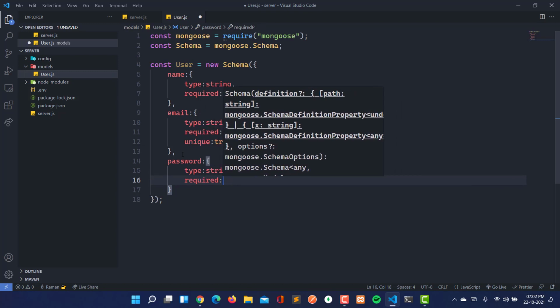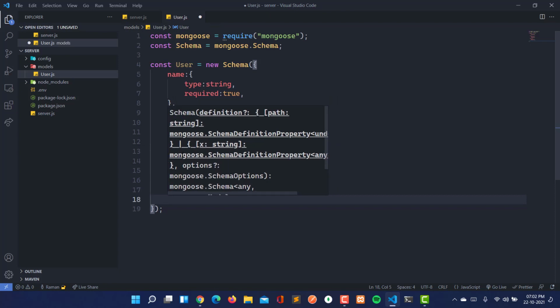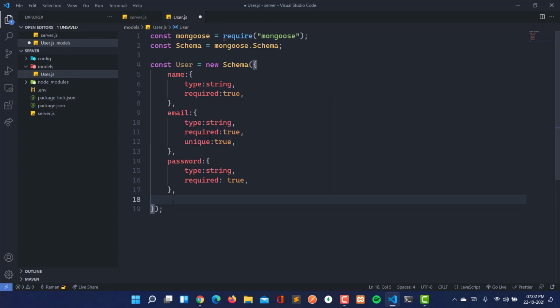This password is mandatory, and after that let's move forward. Here we need email verification token. I will also tell you how to send the email verification with the help of Nodemailer. We are going to use Nodemailer to send the email, and I will also tell how to verify the user.